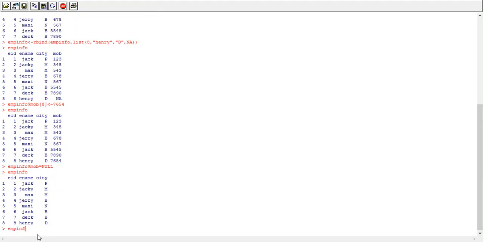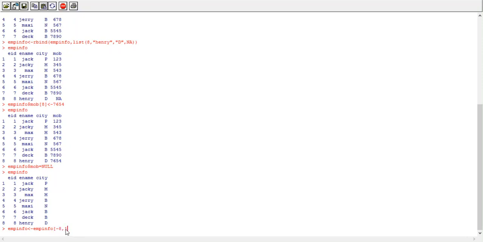Now we'll see how to delete a row from the database. To delete any row, we need to assign the negative index of that row to the database. That is, if I want to delete row number 8, the details of employee ID 8, then I can simply write -8 comma. See, this first index position is for the row, and the second index position is for the column.